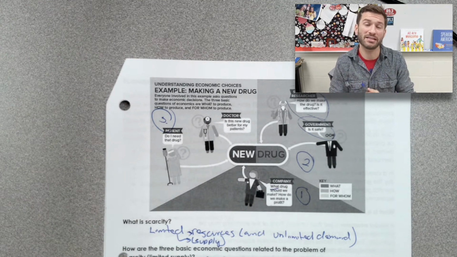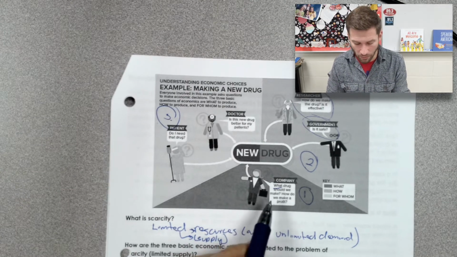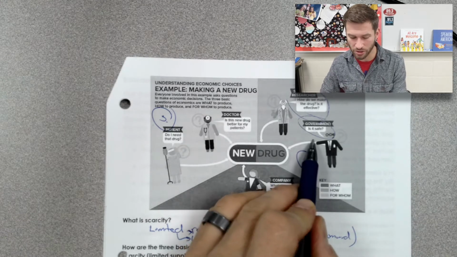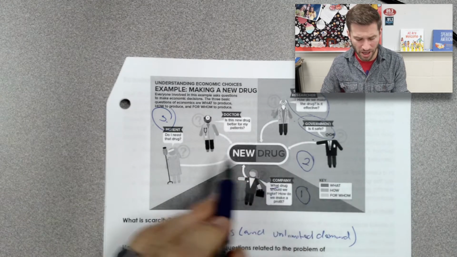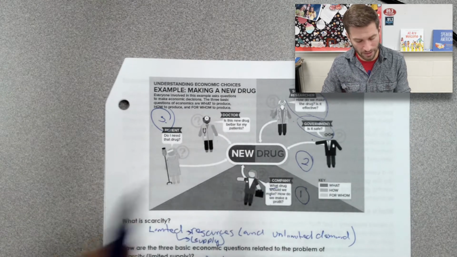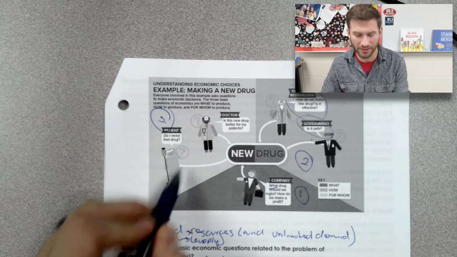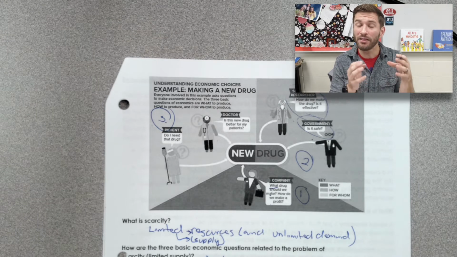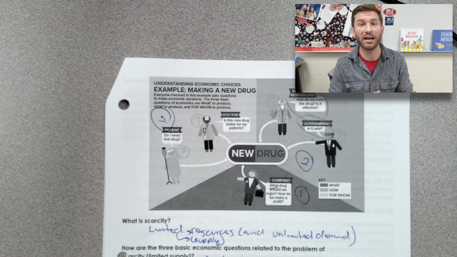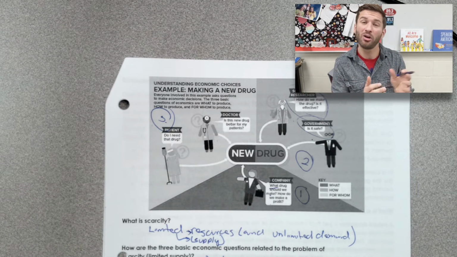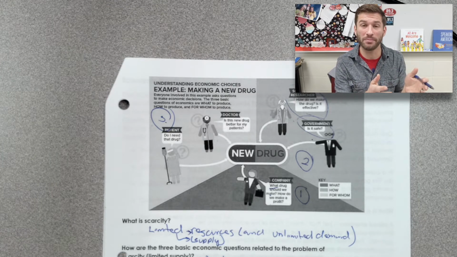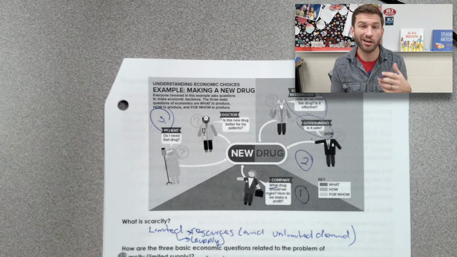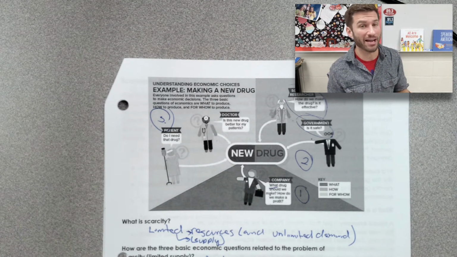Again, that's us as a society saying, sure, what are we going to make? We're going to make a drug to cure this terrible disease. The government's going to ensure that it's safe. The researchers are going to do their job. The doctor is going to say it's going to benefit the patient, and the patient is going to say, do I need it? And the doctor is going to say, yes, but access to that drug is limited, or supply of that drug is limited. So how do we determine who gets access to that pharmaceutical, to that drug, to that vaccine? And we might say, sorry, patient, your insurance doesn't cover it and you don't have access to it.